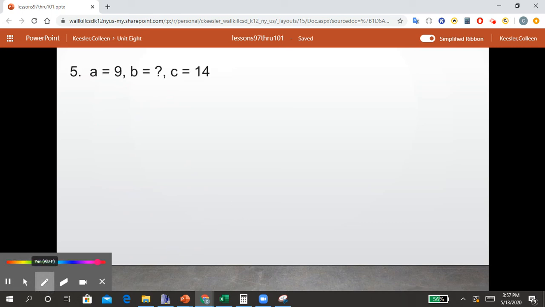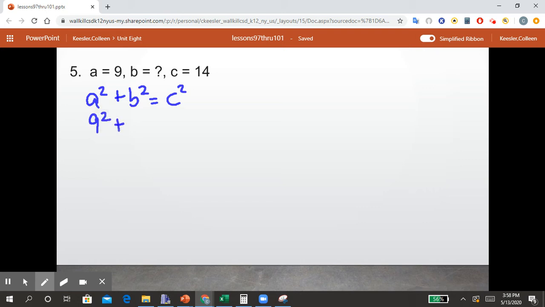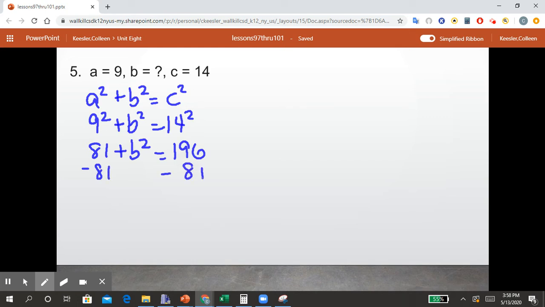Number 5. Here we have A is 9, B unknown, and C is 14. So A squared plus B squared equals C squared gives us 9 squared plus B squared equals 14 squared. We know 9 squared is 81. We keep the B squared, and 14 squared is 196. Subtract the 81 from both sides. We get B squared equals